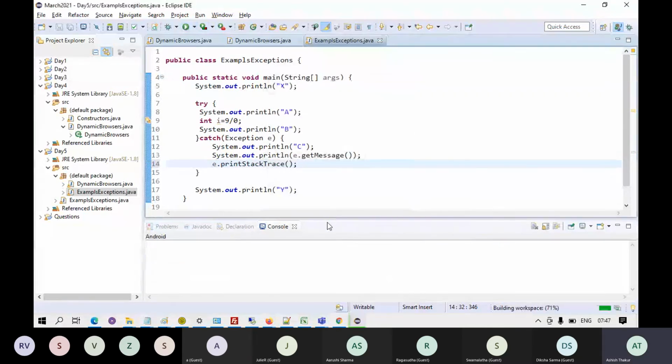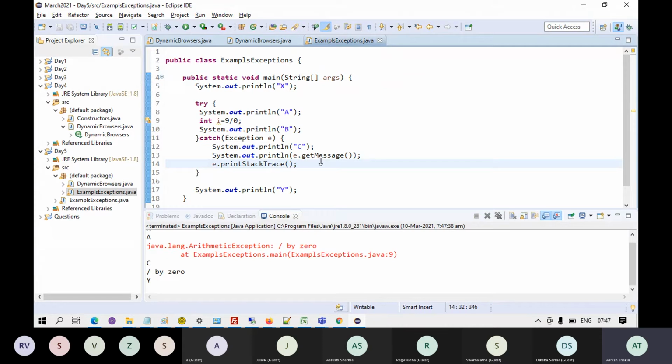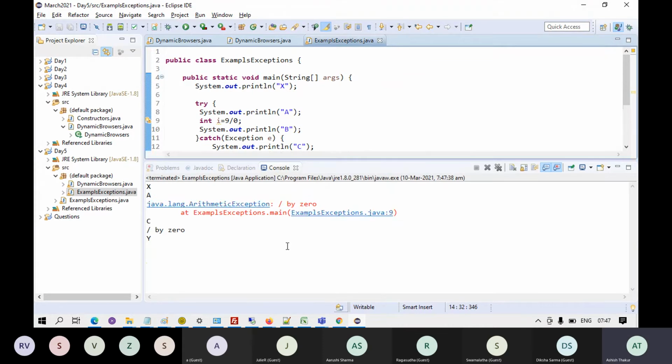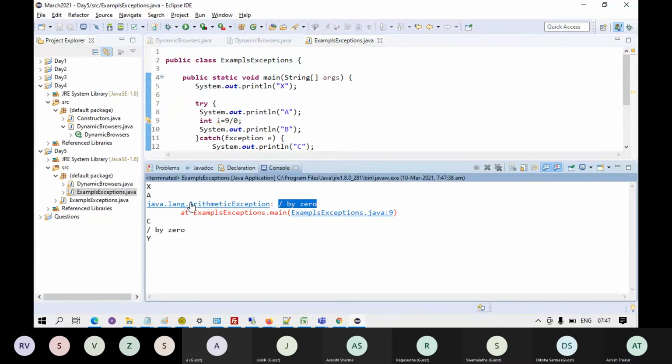So this is going to run. And you see that arithmetic exception, divided by 0.